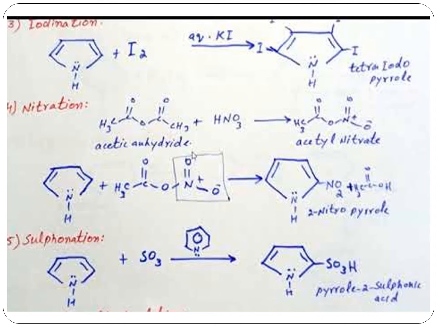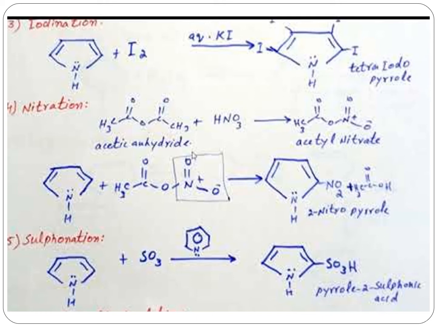So here we can see the various electrophilic substitution reactions: first, iodination, nitration and sulfonation. As we know, in an electrophilic substitution reaction, one hydrogen is released and the electrophile is attached to the aromatic ring. Pyrrole is also an aromatic ring, and we know electrophilic substitution attacks only the 2nd and 3rd positions. So the first reaction is iodination. Pyrrole reacts in the presence of I2 and potassium iodide. So we get tetraiodopyrrole.